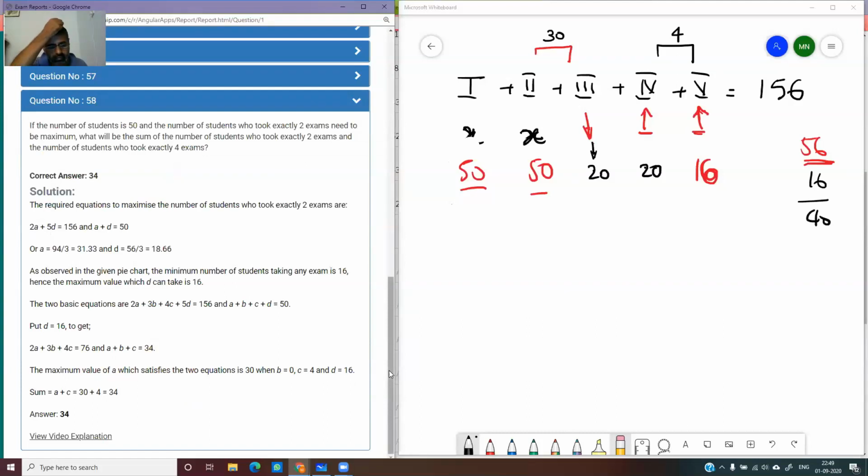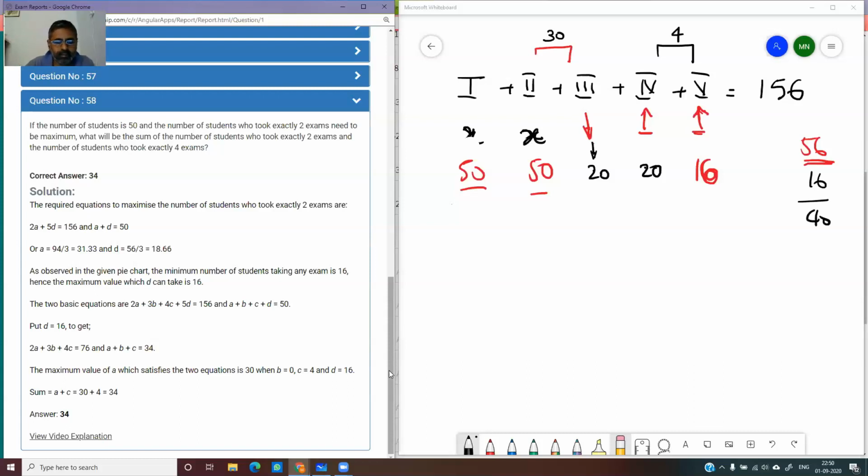Okay. So here, the number of students is 50 can also be interpreted as total is 50. That was confusing. That is how we started off the whole thing. A union B union C union D union E is the total number of students, right? They have just stated if the number of students is 50, which is very vague. It basically means the number of students who are studying in that particular coaching institute. I think that's it. Yeah.